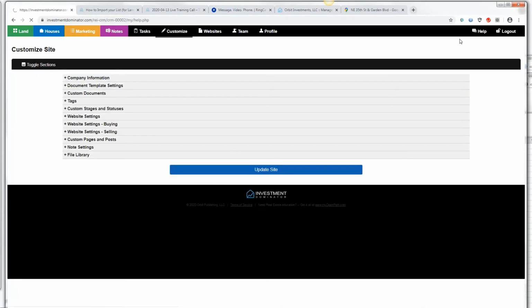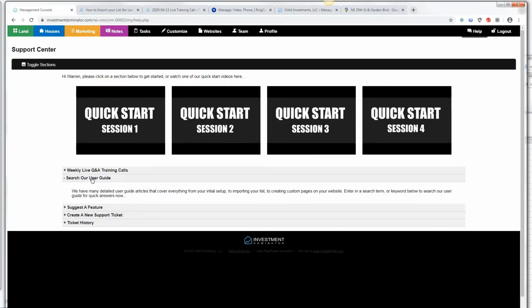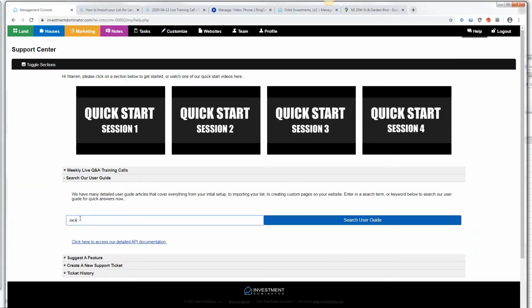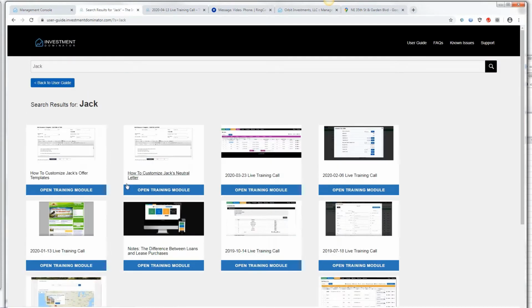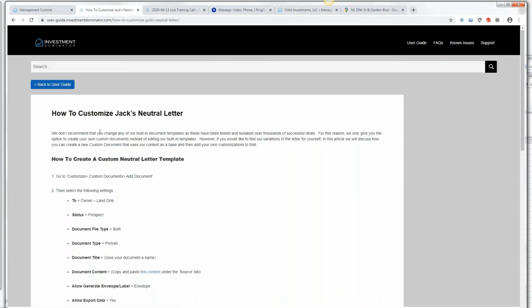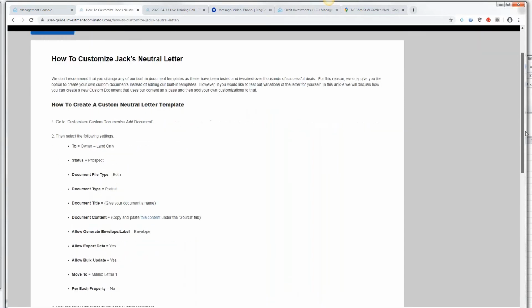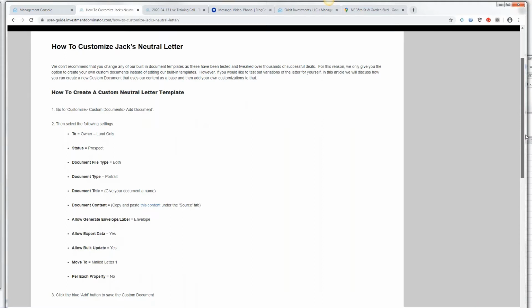I'm going to go under Help, and under search our user guide, I'm just going to type in Jack, because Jack's name comes up a lot. And how to customize Jack's offer templates, how to customize Jack's neutral letter. Because you want to put a logo on there, we're actually going to be creating a custom document. So you just select that article, and it gives you step by step how to generate an actual custom